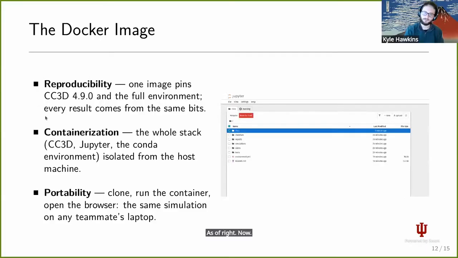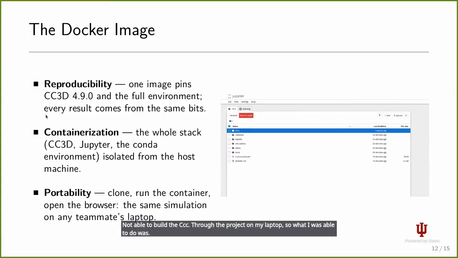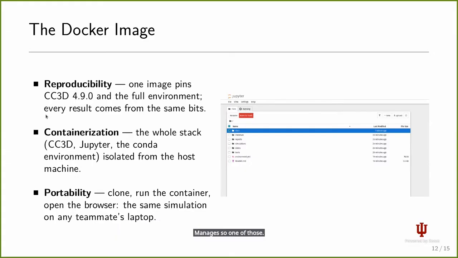Yeah, and I guess here's the Docker. I also worked on building a Docker image for running CC3D, since I was not able to build the CC3D project on my laptop. So what I was able to do was create a Dockerfile, and build and run a Docker image off of that file, which has a lot of advantages. So one of those would be reproducibility, because